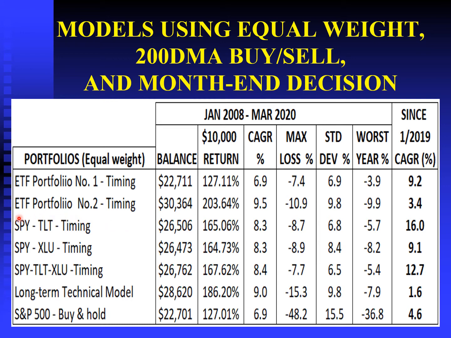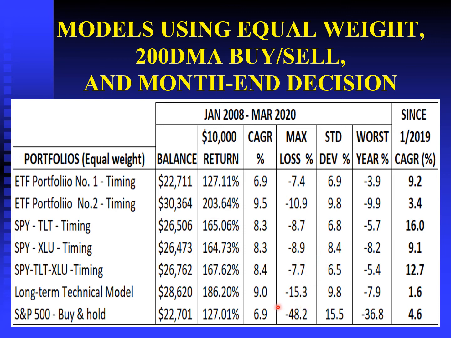The other issue raised by this study is the use of TLT and XLU, that is utilities. When you overweight the portfolio with utilities and bonds, you come up with a portfolio that has considerably lower volatility than the market, and has provided a return of 8.4% versus 6.9% for the market,